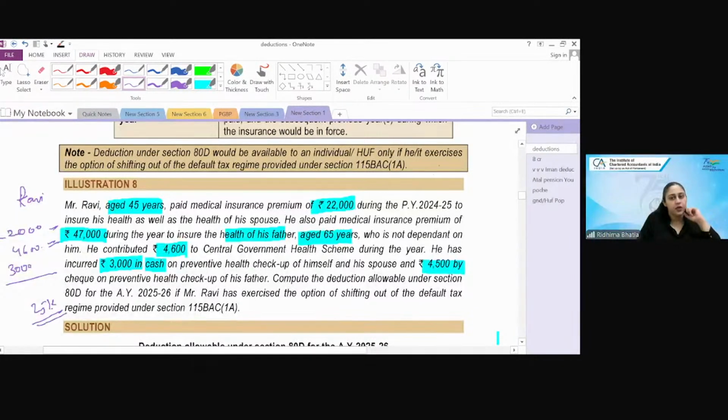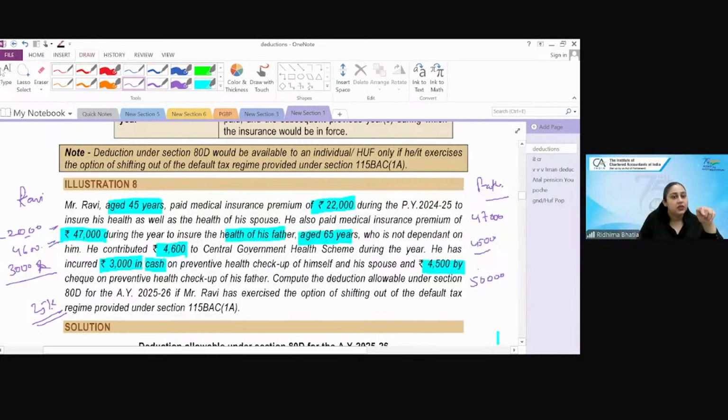फादर के लिए 47,000, he's dependent or not does not matter, plus 4,500, right? Total 50,000 allowed. बट रिमेंबर एक और चीज ध्यान से कि प्रिवेंटिव हेल्थ चेकअप दोनों का कंबाइंड लिमिट 5,000 है,